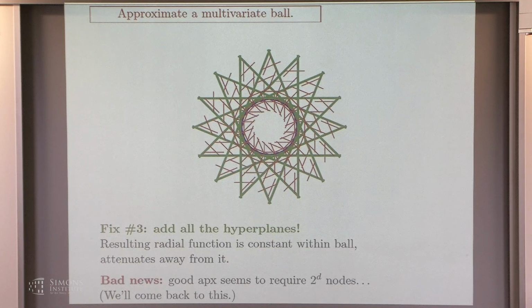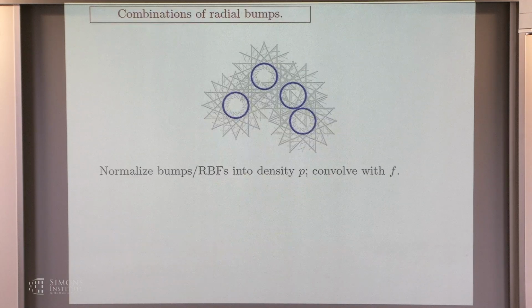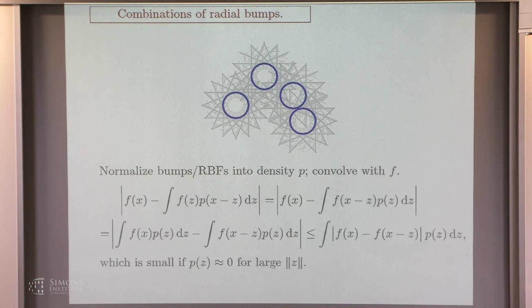One intuition for this is just the number of these spherical caps we have to approximate. But I have not written down a rigorous proof of this. It's just kind of in my head, so I won't promise it. Okay. Let me just say that from here, we can approximate continuous functions by a trick. So we take a regular continuous function, and what we do is we convolve it with this bump. If I normalize this bump to be a density, then